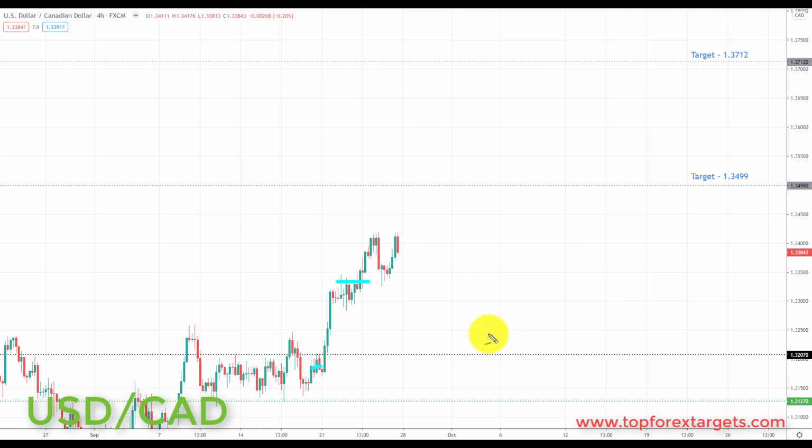So very simply put, going into this week, we are still focused on bullish setups in this market. We are looking for further advances to the upside. Again, since we're sitting right at the top here, what we'd like to see is any correction in this area down towards the 1.32070, which is going to be viewed as another opportunity to start to look for bullish breakouts to the upside. And we're going to be looking at initiating longs up towards the next key of resistance to the upside and the target set at the 1.3499.